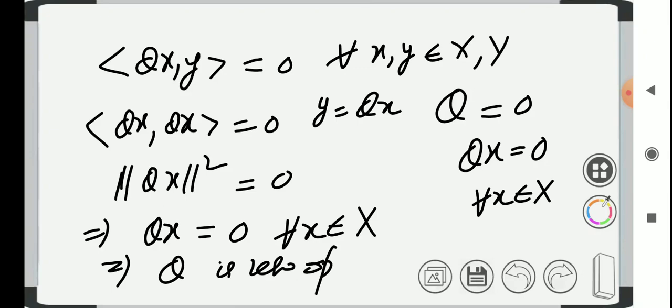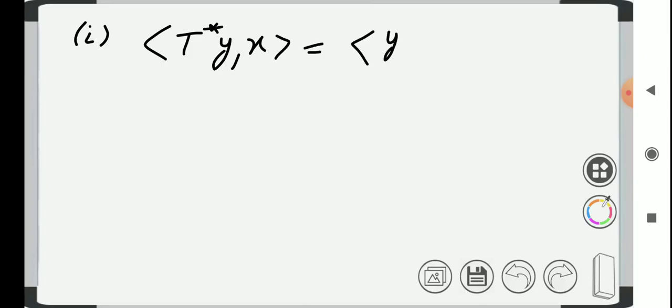This is a simple lemma about the zero operator. Now let us prove our properties first. Then we will provide some examples of Hilbert adjoint operators. So let us prove our first property, which was about the inner product of T star y with x being the same as the inner product of y with Tx. You should